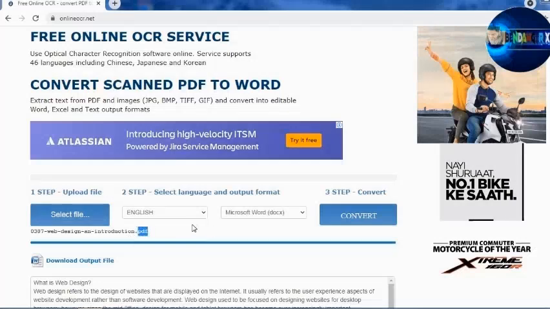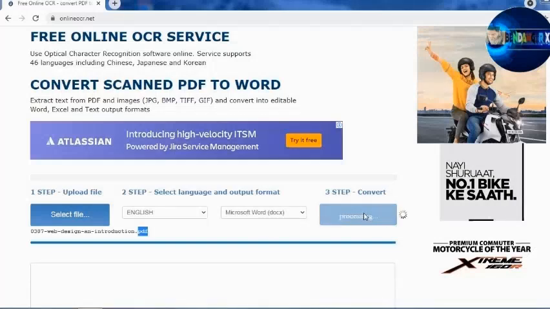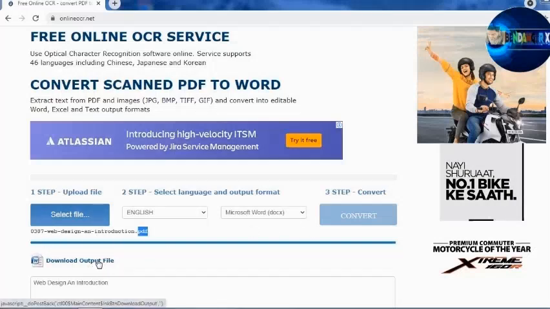If you want to convert it to Microsoft Word, you need to press convert. You need to wait for some time. Once converting is done, you will receive one file out here, download output file. Click it, and then it will automatically download.